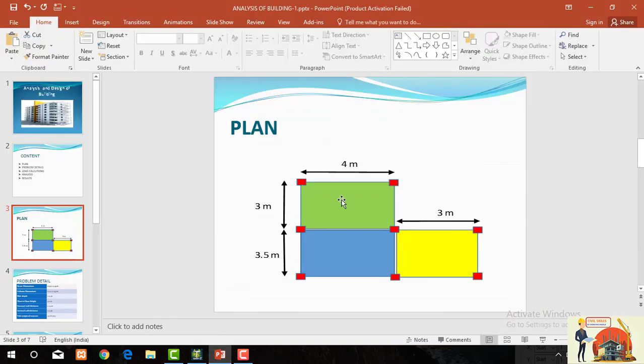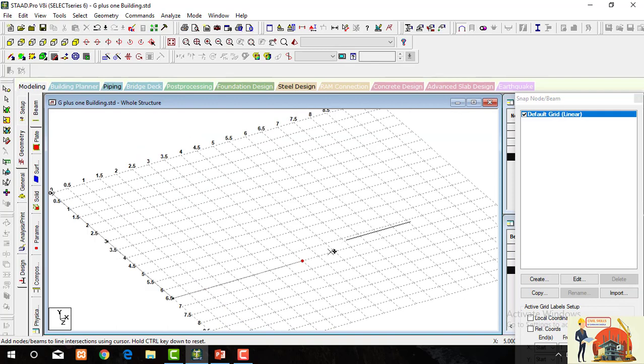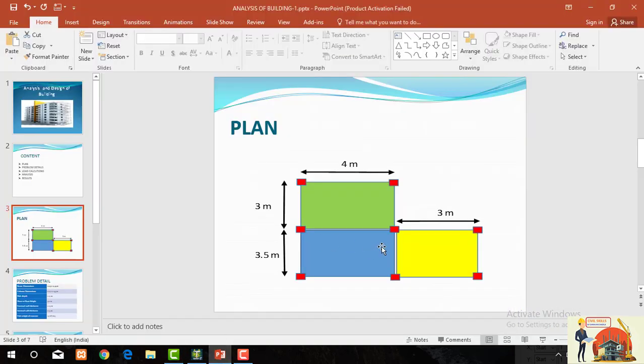After that this is 4 meter and this is 3 meter. Go to the 4 meter, and again go to the 3 meter. And this is also 3.5 meter.